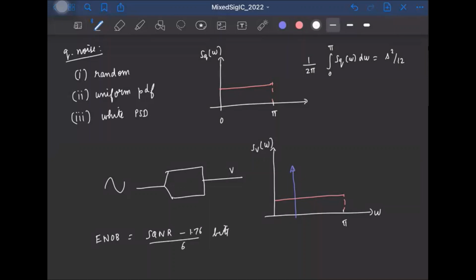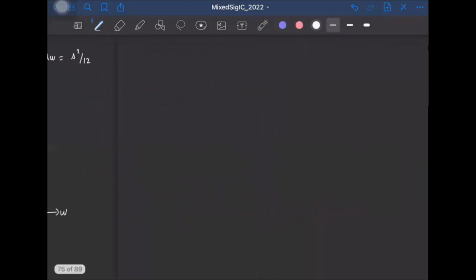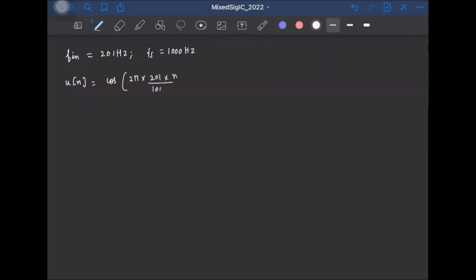Okay. So now let's see how we should choose the frequency for this input sinusoid. If you remember a couple of classes ago, we saw two scenarios. In the first case, we took an input continuous time sinusoid with a frequency of 201 Hertz, and we sampled it at a rate of 1 kilohertz, that is 1000 Hertz. This resulted in a discrete time sequence u of n equal to cos 2 pi times 201 times n by 1000. I took 1000 samples of this,